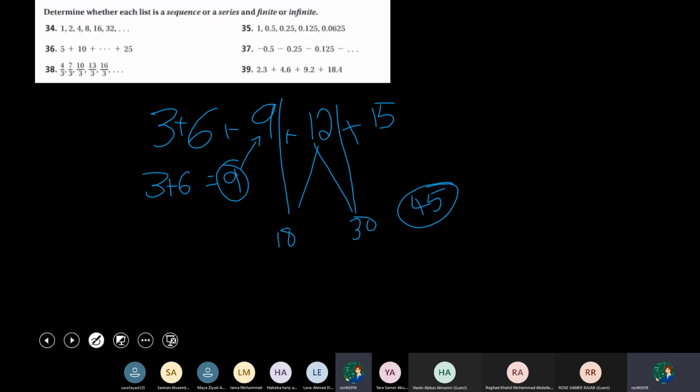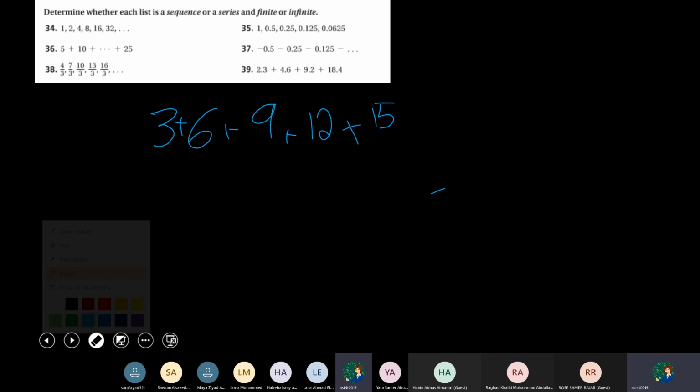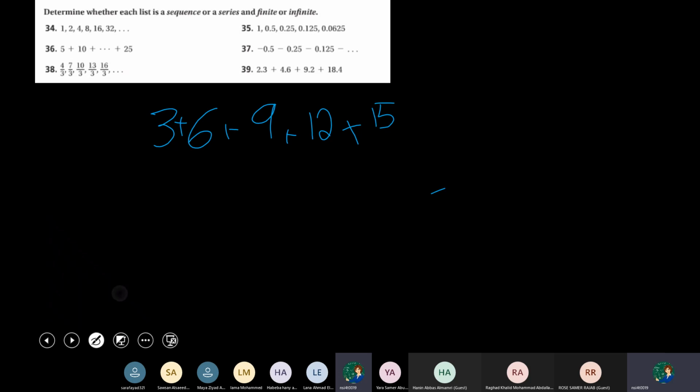As an example, go back to this one now. If you have these 5 numbers of a series, and I want to add them without adding each number, what do I say? I say the summation of these 5 numbers is: